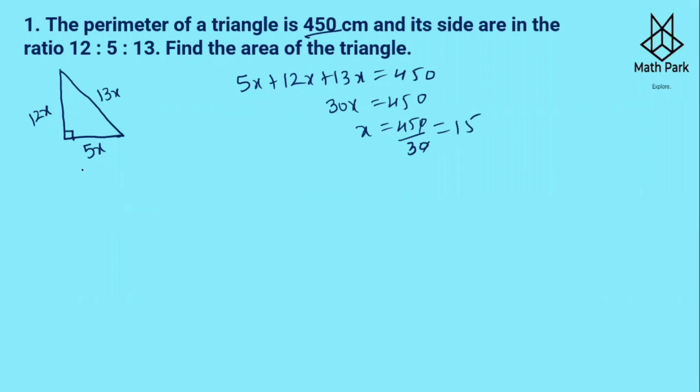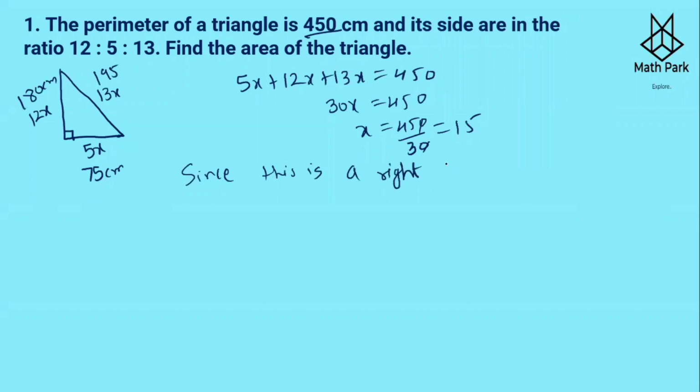Now let us find the sides. 5x is 5 times 15, which is 75 centimeter. 12x is going to be 12 times 15, which is 180 centimeter. And 13x, that is 13 times 15, we get as 195. Since 12, 5 and 13 is a Pythagorean triplet, the multiples of that are also always a Pythagorean triplet, remember that. So since this is a right triangle,